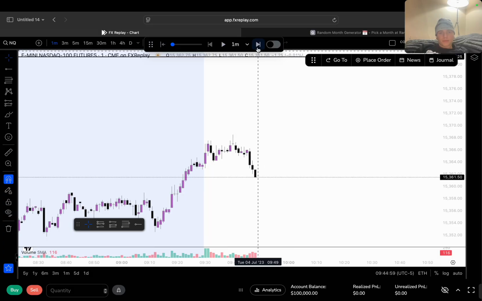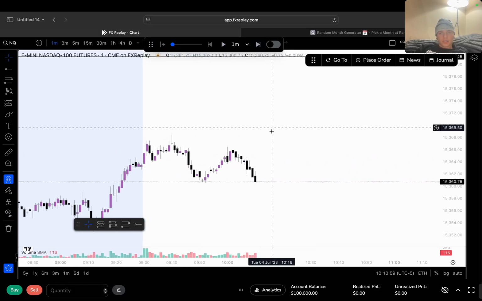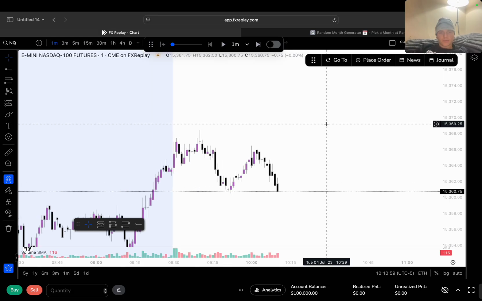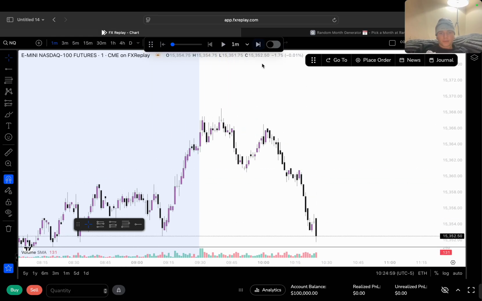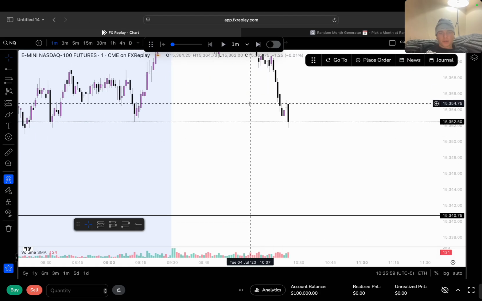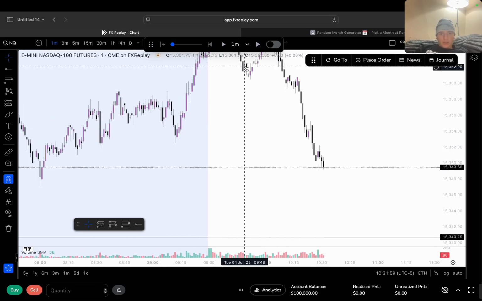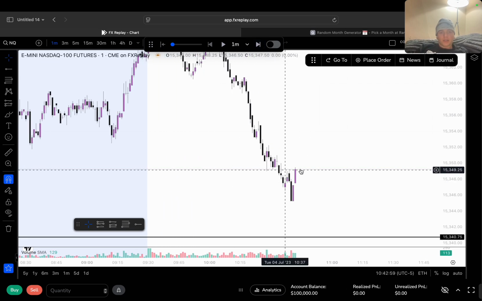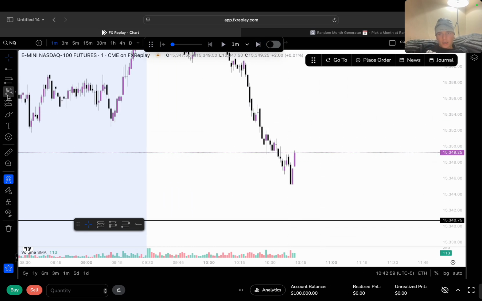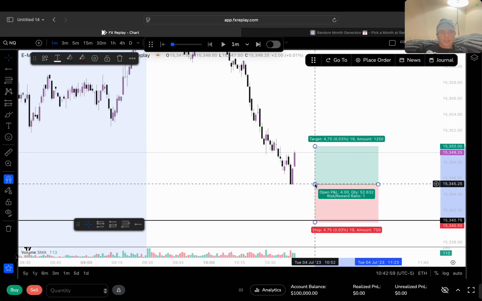Alright, pretty low volume, but what is going on? Why are these moves so tiny? Okay, so I can just show you what would also play out short-wise. Look here. If this was to the upside, I would have probably taken that short, to be honest.